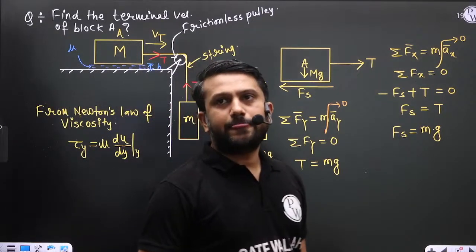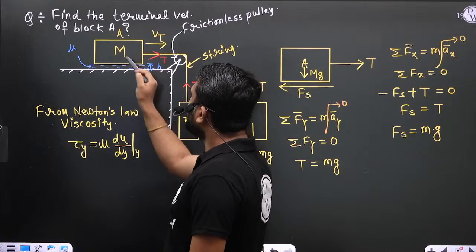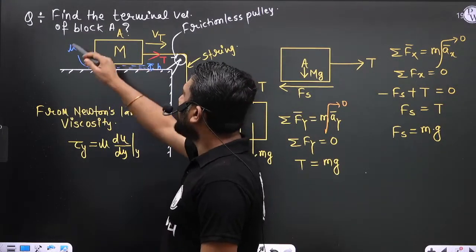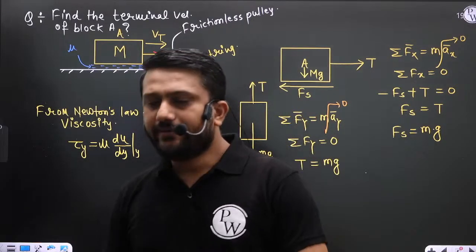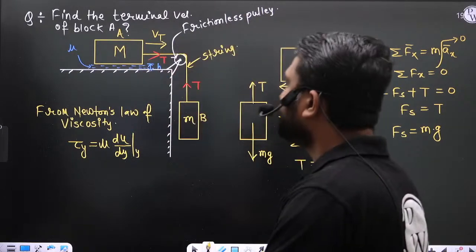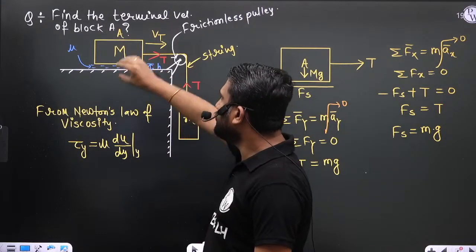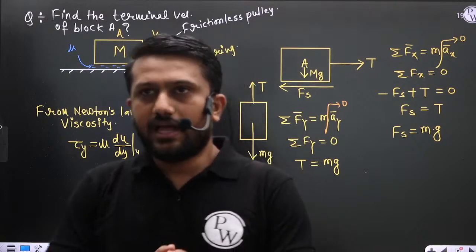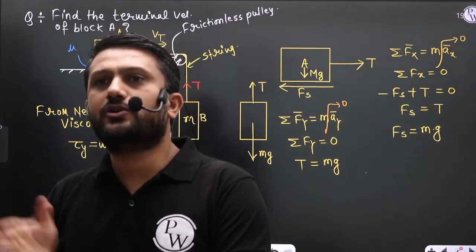right? Now if you see block A, block A is in contact with the liquid, or you can say lubricant, having dynamic viscosity mu. Can we find du by dy? Not possible, right? Why is it not possible? Because velocity variation in this lubricant is not mentioned in the problem. Without knowing the velocity variation in this particular lubricant, it is not possible to calculate the shear stress,